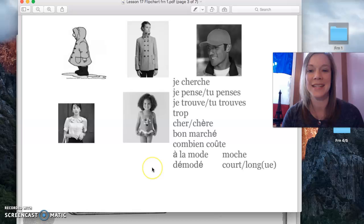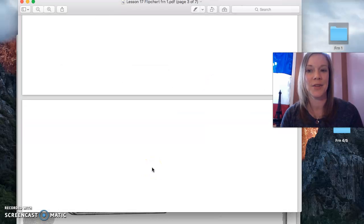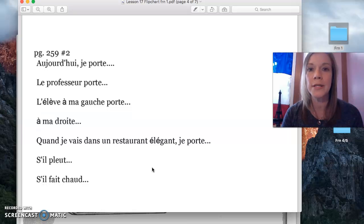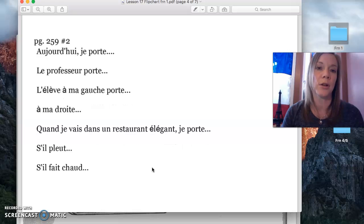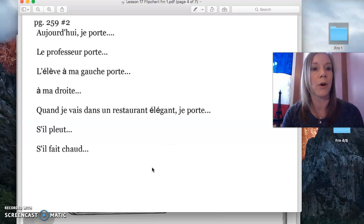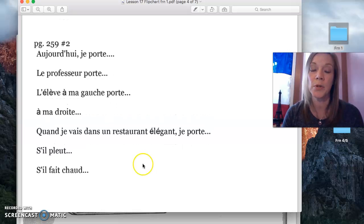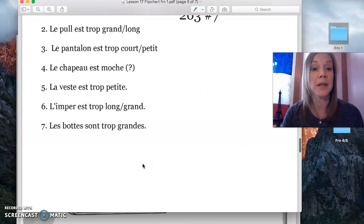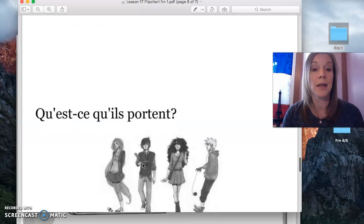Oui, etc., etc. So this is really an independent week where you can do some practice as much or as little as you want, but the goal is to try to learn some of these clothing and accessory words. This is an exercise from the textbook. You're welcome to do it for practice. But the main thing that's going to be your assignment,